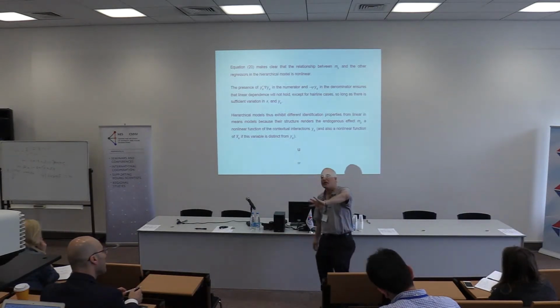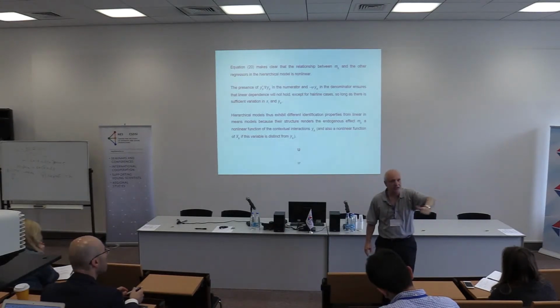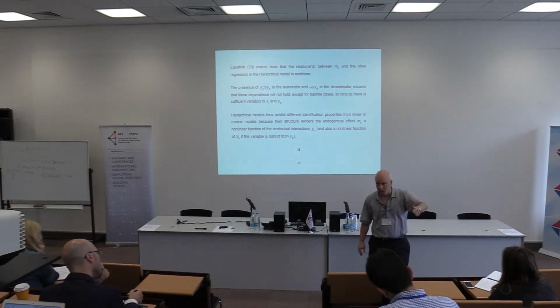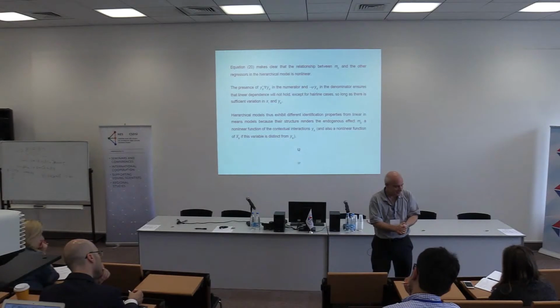Then I wanted to look at three variations of the model. The first was the nonlinear and means model, and then we got the generic result that said that nonlinear parametric social interactions models will be identified. The reason for that was this wedge between linear independence and functional independence.